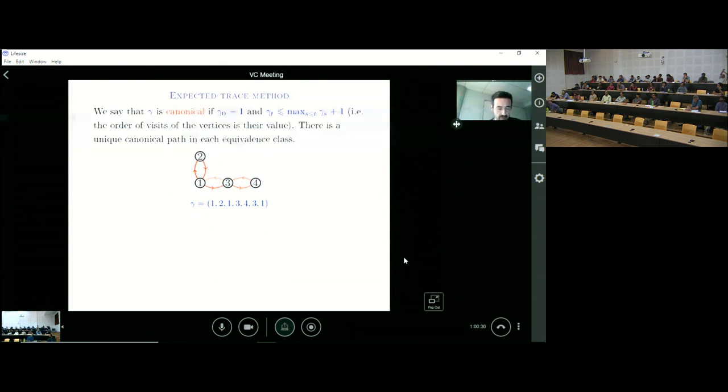So first we take a representative element in each of the equivalence classes. In other words, even though our elements are unlabeled paths, we find a canonical way to label the vertices. The rule is very simple.